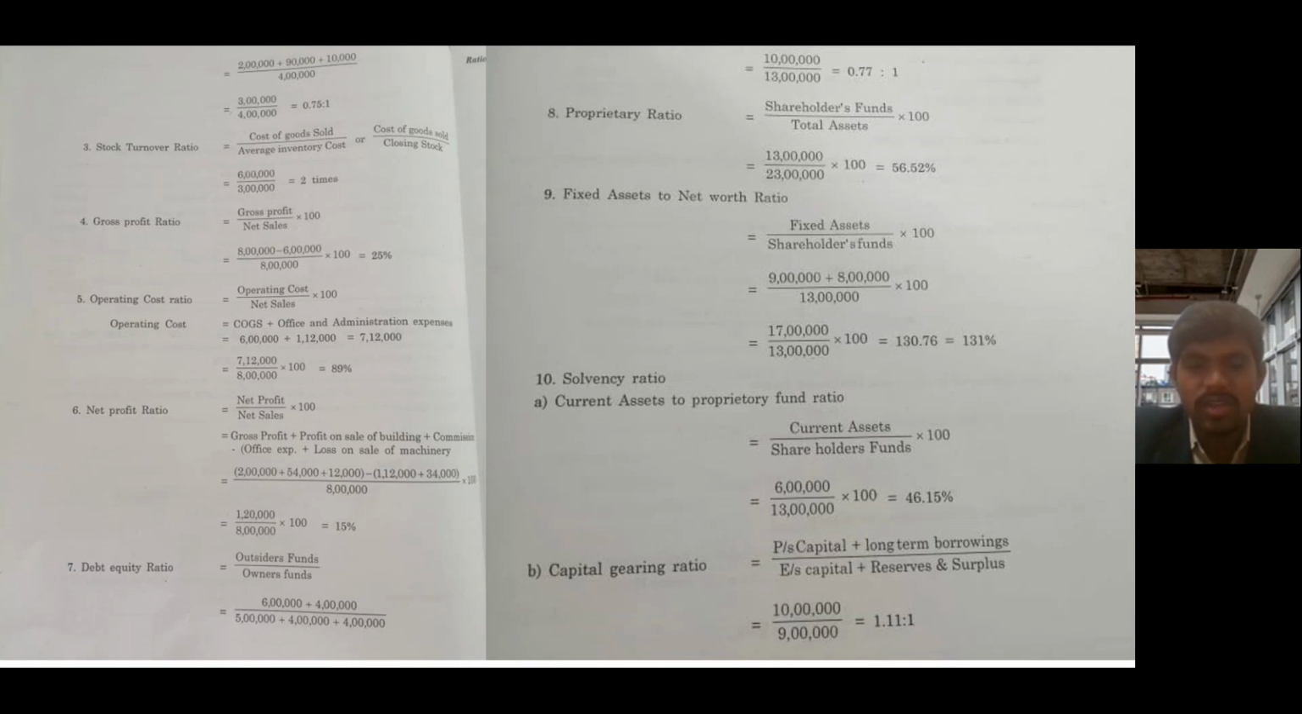Okay. So next is the solvency ratio. Solvency ratio is how much long term our